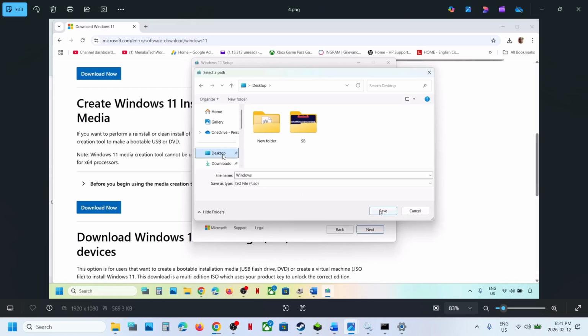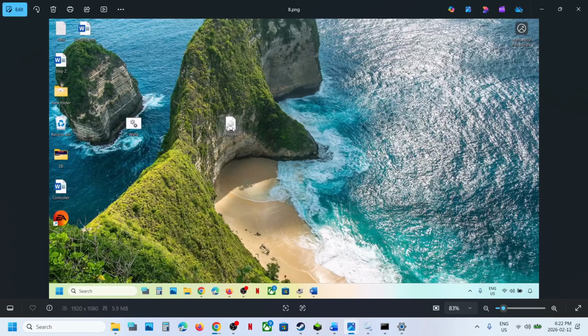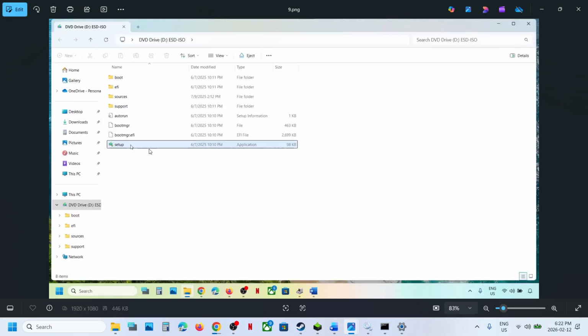You can save it to desktop. Click on save. Let the download complete. This process will take some time. Once done, click on finish. Let it close automatically. Go to desktop, make a double click on Windows ISO file, make a double click on